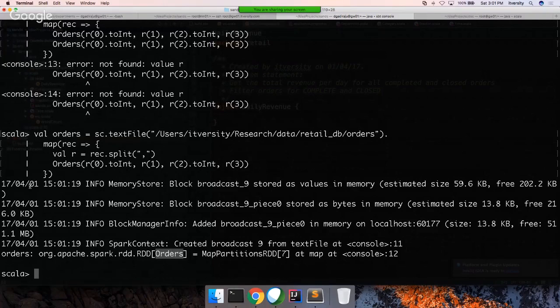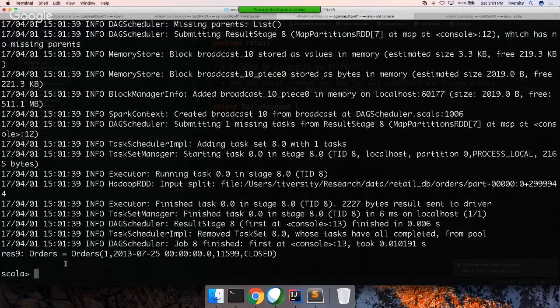element of this RDD is of type orders. Okay, now I can actually say order.first to get the first record. And this is the toString functionality of the case class, which is generated under the hood. And if you want to access these elements, you can say orders dot first dot